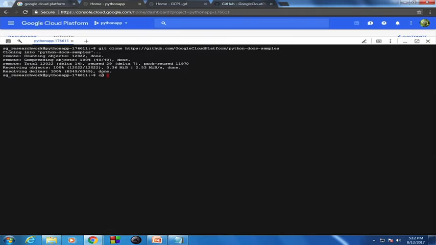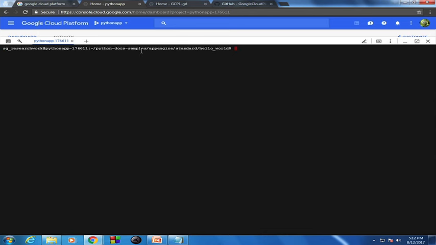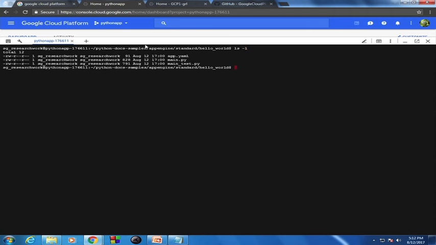So I will navigate to the directory. So here two main files are there. One is the app YAML, that is the configuration file of the application. Another is the main Python file. So if you open the files,